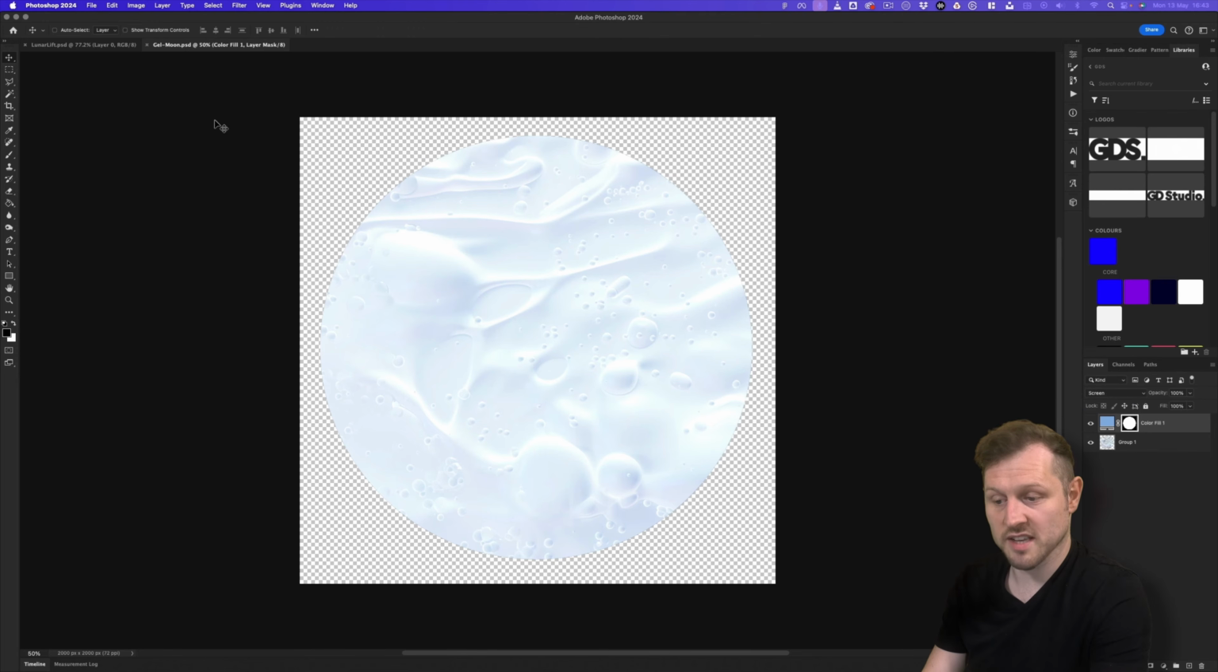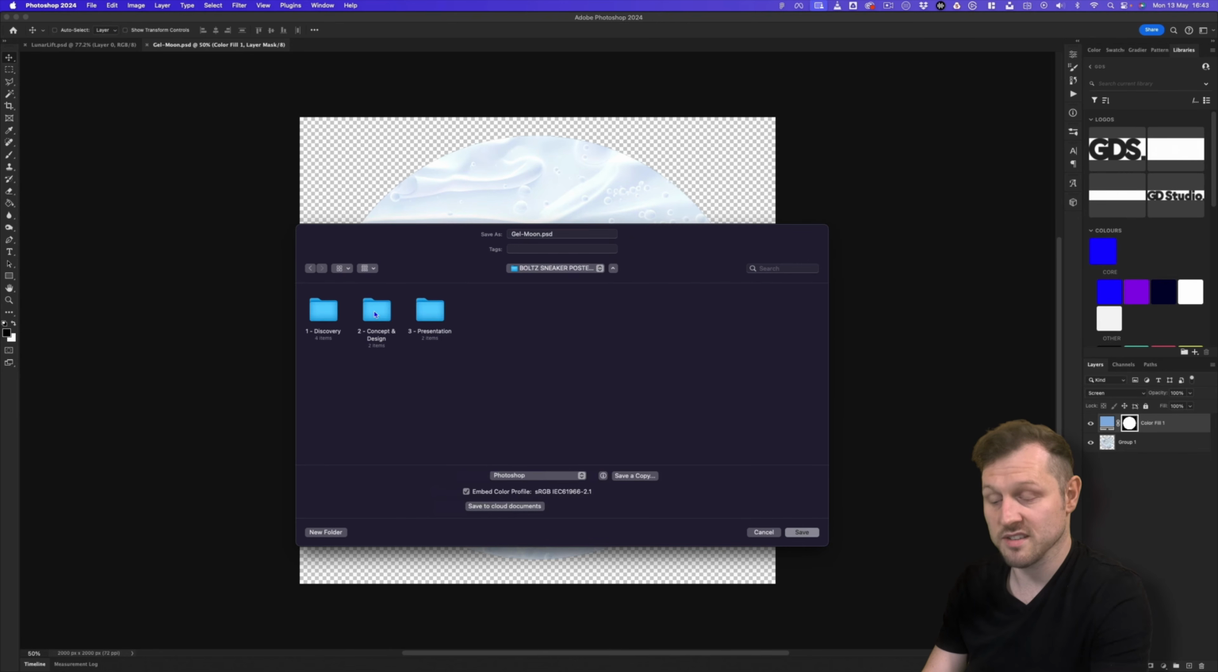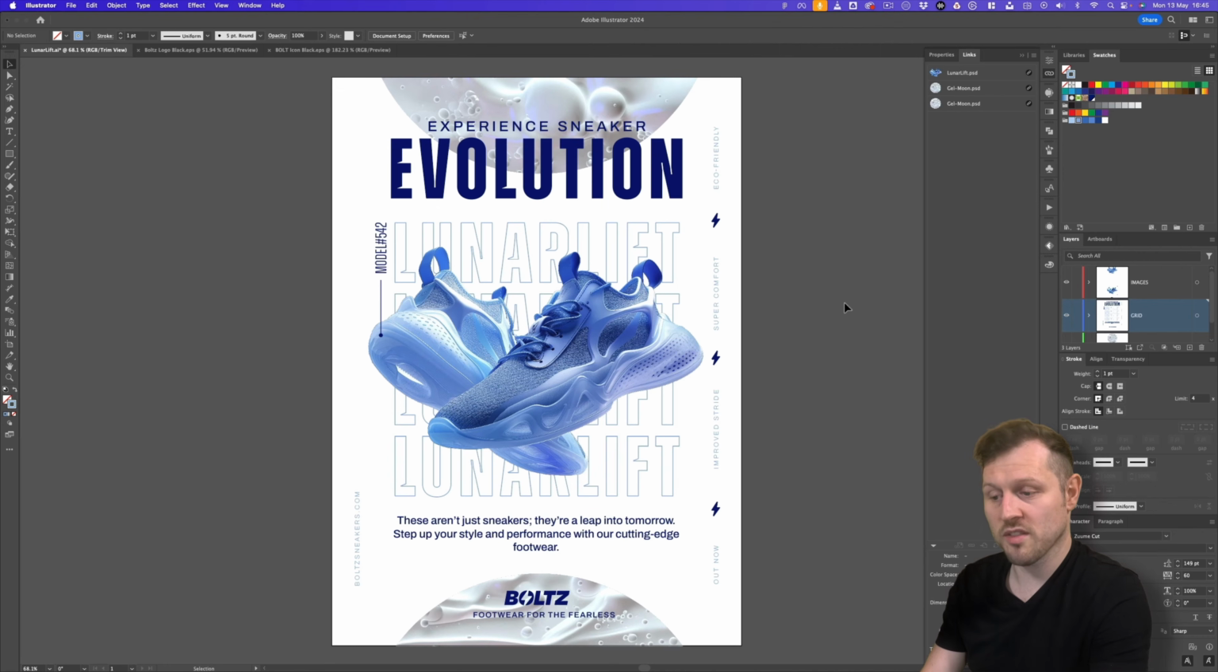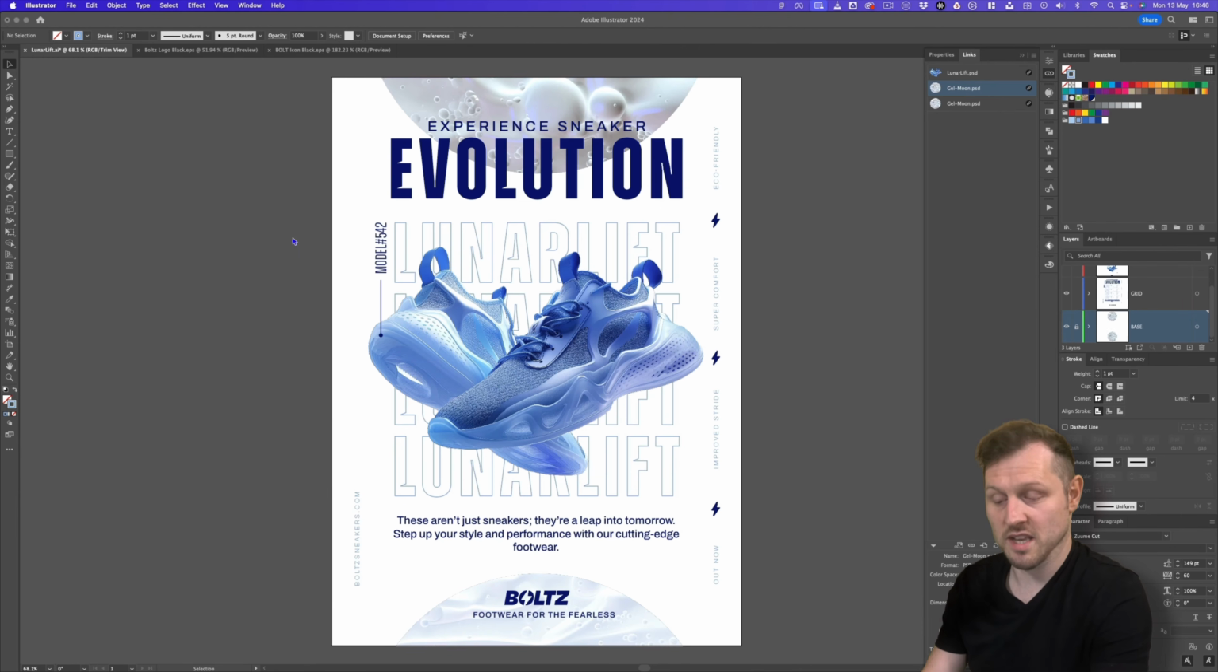Next, I'll come up to File, Save As. I'll navigate to the Project folder, into the Concept and Design folder, into the Design folder, into the Assets folder, and I'll save this as bluemoon.psd. So back in Illustrator, into the Links panel, I'll click on one of the moon images, click on the menu icon, select Relink, and choose the blue moon from the Assets folder in my Project folder, and that will update the link. I'll do the same for the other moon link, and now we have changed the moon to a